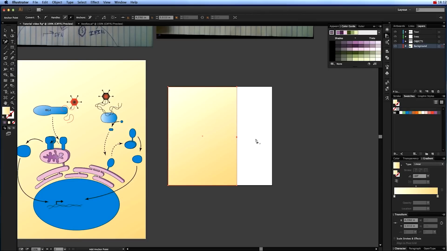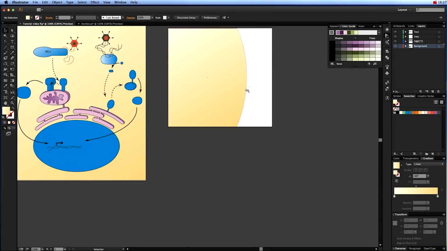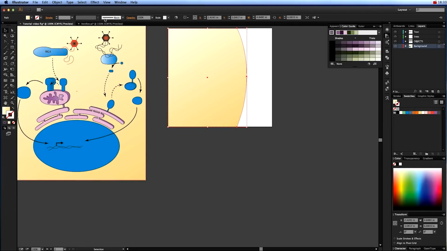So we'll make a point there. We'll move it. And then we'll use the convert anchor point tool to give us a nice curved edge. And in this case, we have a border, so we want to give this a stroke. Just make it a black stroke